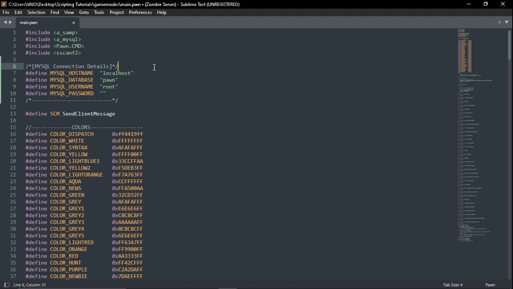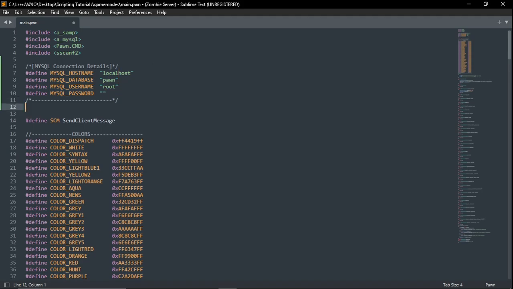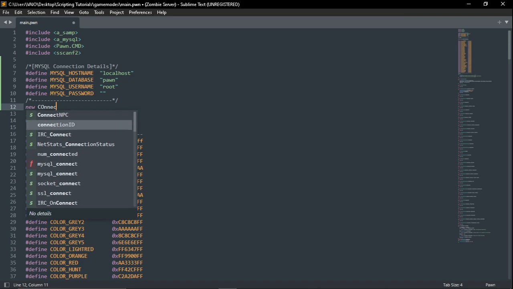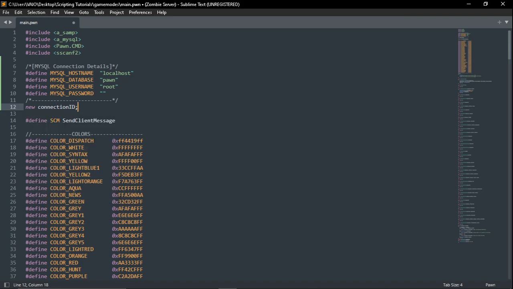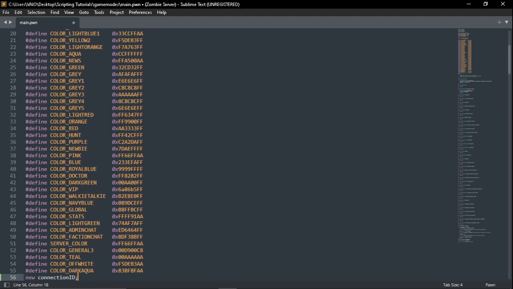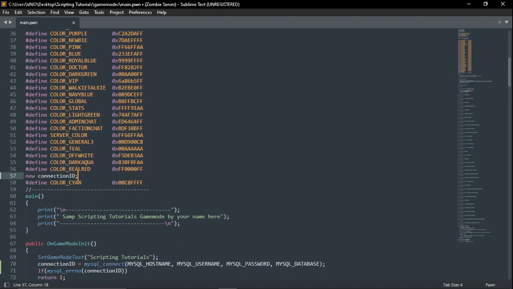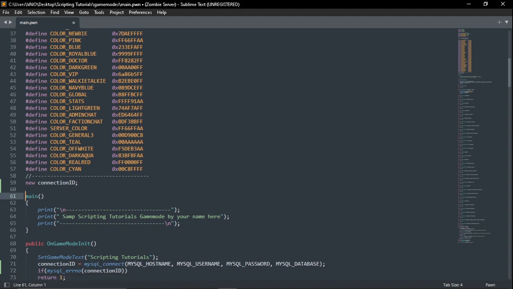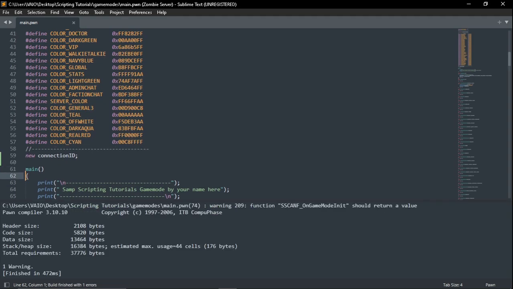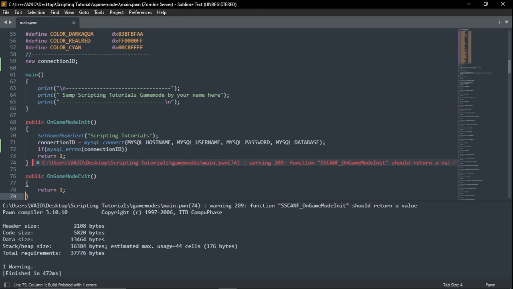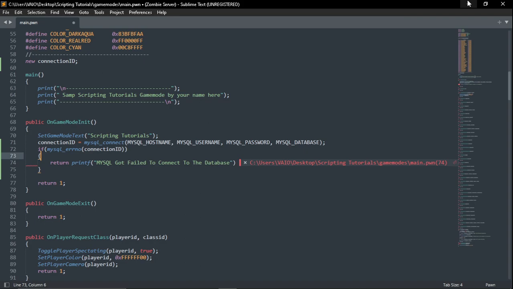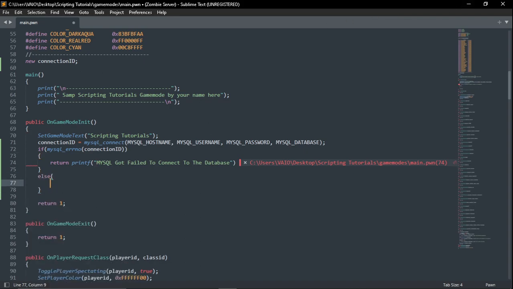And also define it here somewhere: new connection ID, like this, and that's it. Or we could copy it here. Yes, here. Let's see. Yeah, OnGameModeInit should return a value. So after mysql_errno, then else, if it doesn't give any error, then send a message, return printf